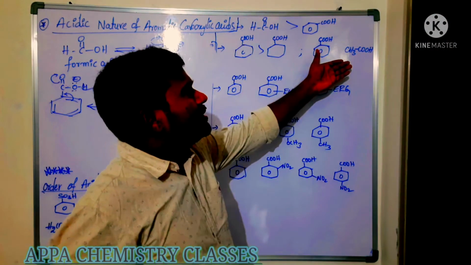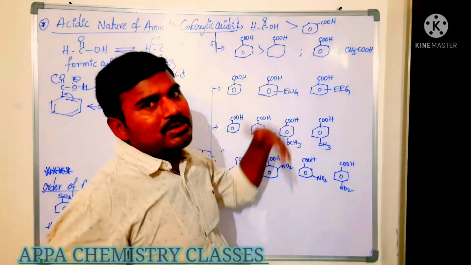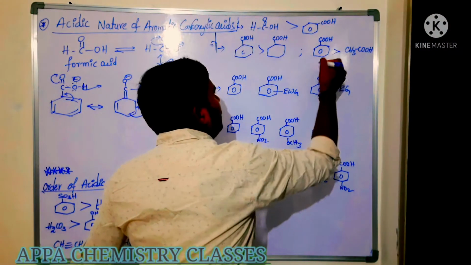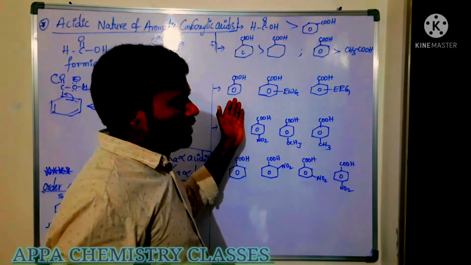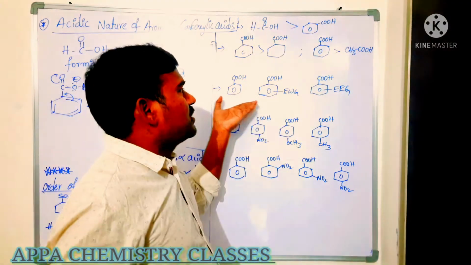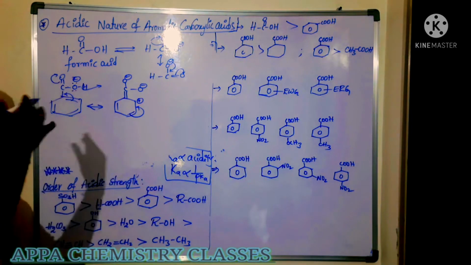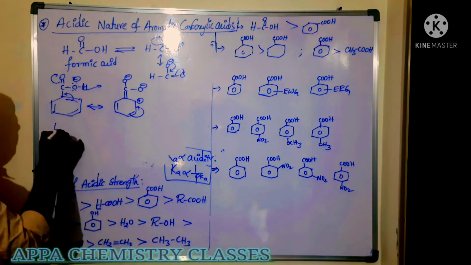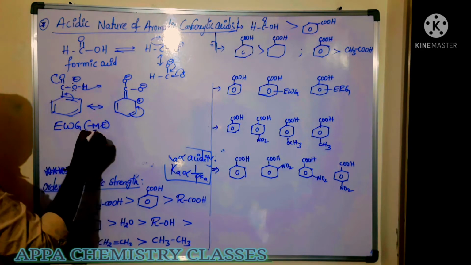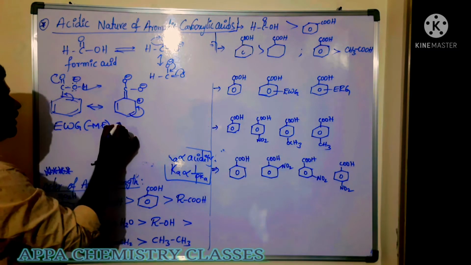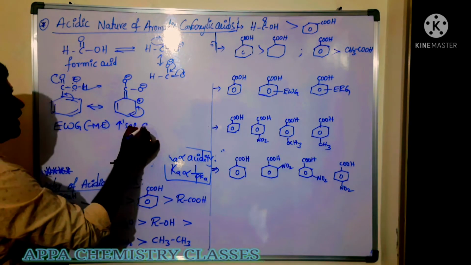In the case of acetic acid compared with aromatic acid, it is aliphatic acid versus aromatic acid, which is more acidic? Just now I told you aromatic acid is more acidic than the aliphatic one. So now among these, all are benzoic acids. Here an electron withdrawing group is there, and an electron releasing group is there. Once again I am recalling the concept of the mesomeric effect. Electron withdrawing groups, what are those? Minus M groups, minus mesomeric effect groups. What will they do? Electron withdrawing groups increase acidic strength.